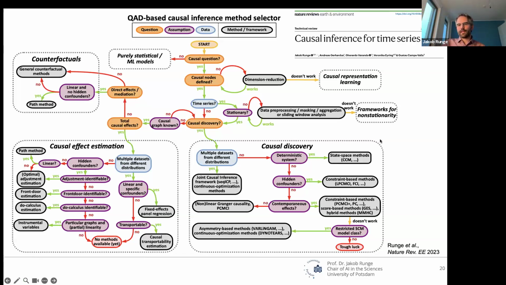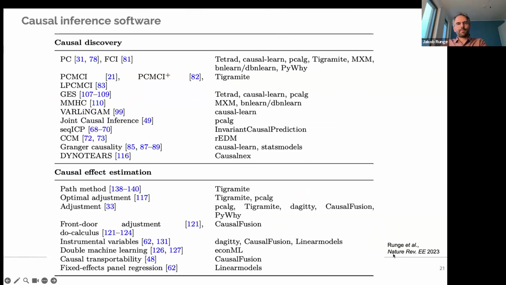Yeah, so I'm happy to get feedback on this, of course. Then in this review paper, we also cover a little table of which methods are implemented in which packages. And I hope there are no errors, but maybe this is outdated already two years ago. I know there are efforts in PyWhy, and some packages are developed much further. But I try to do a little overview of which methods are implemented where, and some people want to use maybe Python, others want to use other languages, and so on. So there's always a good choice in these.